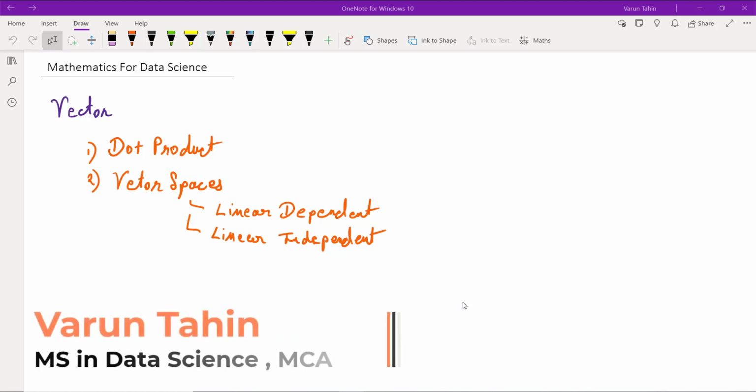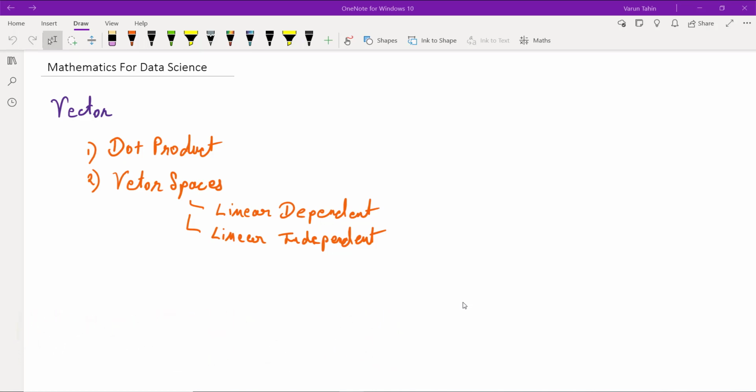So in the previous session, we discussed vectors and scalars and how we can represent both with some example illustrations. We also touched upon how we do vector scaling along with vector addition. Now continuing our previous session, we will see other operations we can perform on vectors, one of which is the dot product. So we shall see performing dot products and their significance in the real world, and then we will understand what vector spaces are and see what linearly dependent and independent mean in that context.